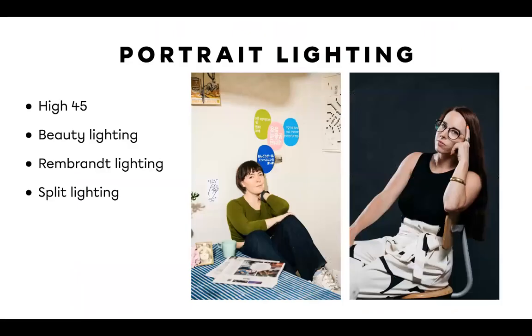With that, we're going to talk about a couple different angles of lighting, especially for portraits, because I find a lot of people are really curious about how to light portraits well. So we have something called a high 45. That's when the light can be to the left or right, and it doesn't have to be completely to the side, but maybe 45 degrees off of your subject,